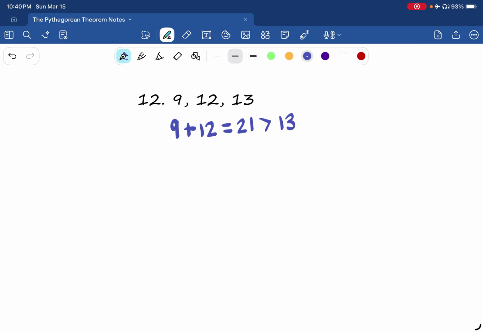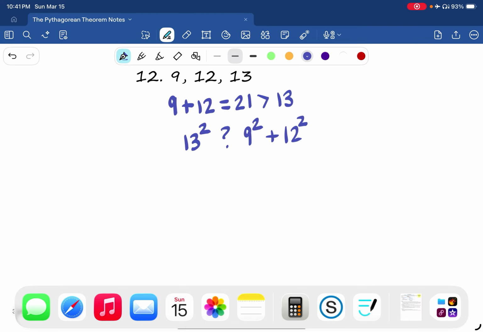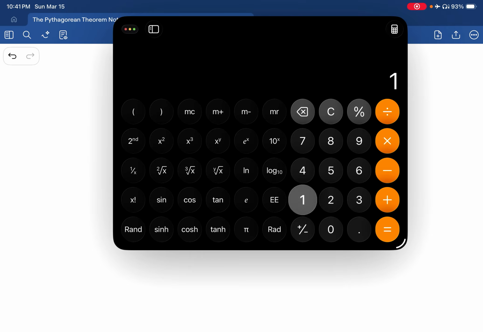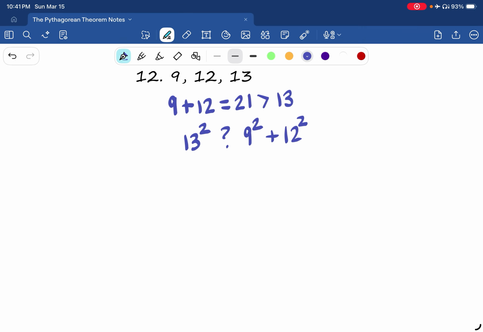So yes, it does make a triangle. So c is going to be the largest side, which is 13. 13 squared is something to 9 squared plus 12 squared. We have to figure out that comparison. And 13 squared is 169, I believe. So just to show you, 169 is